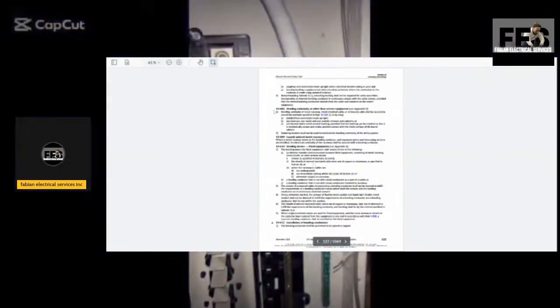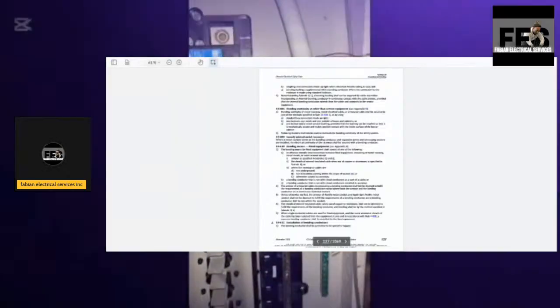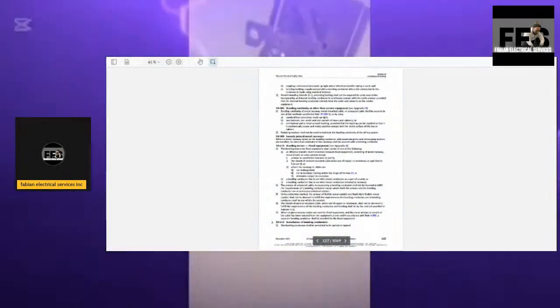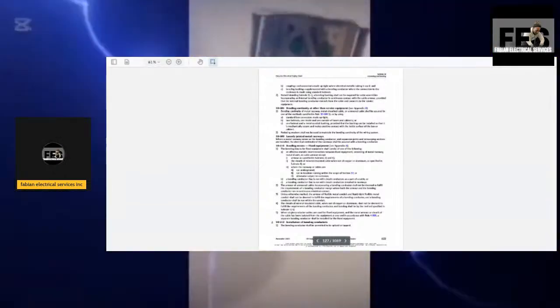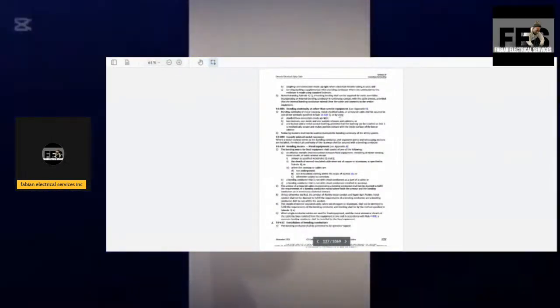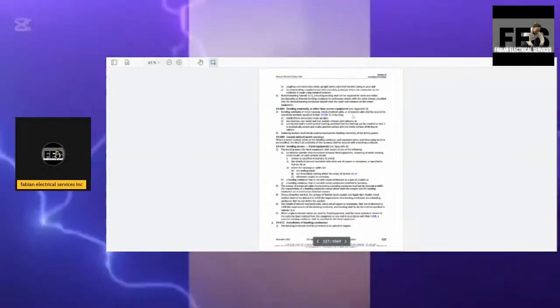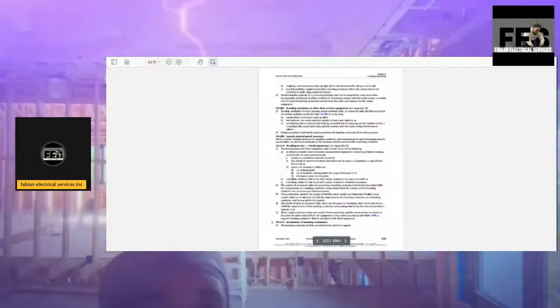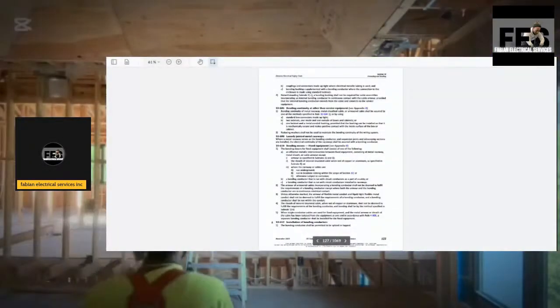Then it tells you Rule 10-606, bonding continuity for other than service equipment. Bonding continuity of metal raceways, sheathed cable, or armored cable shall be assured by one of the methods specified in Rule